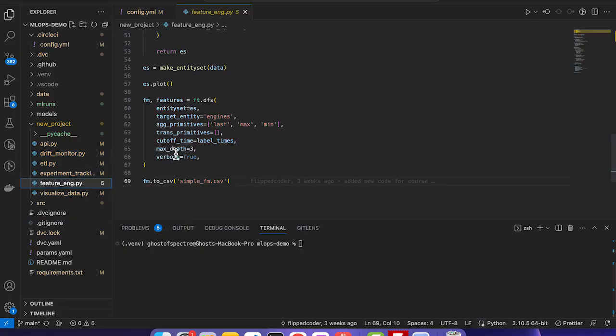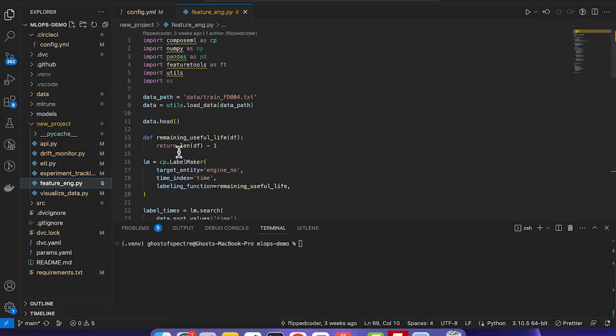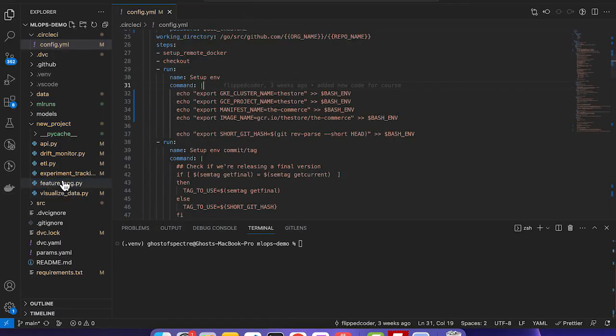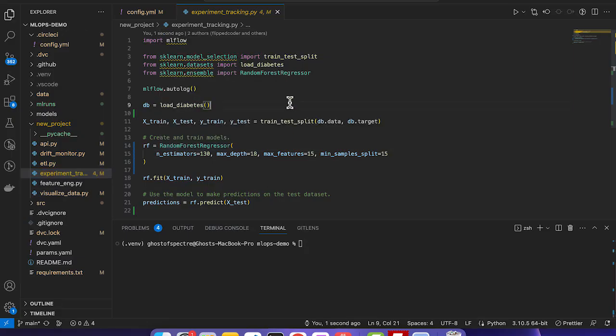When it's feature engineering, make sure you're committing your data sets to some kind of data version control. And then when you're handling your experiment tracking, just make sure you're using a tool that automates that experiment tracking for you. These are some things that you can start to do to validate your pipeline.